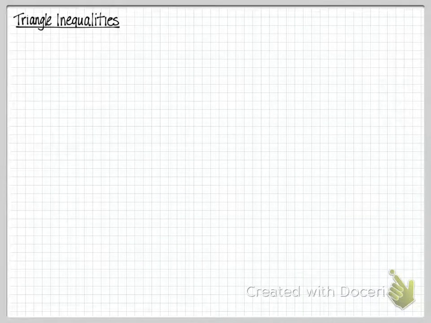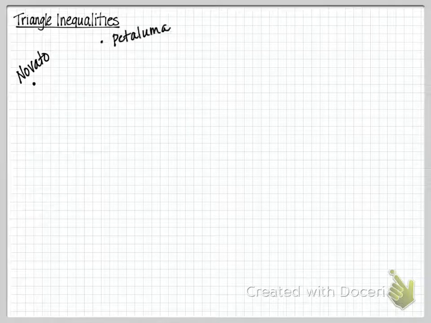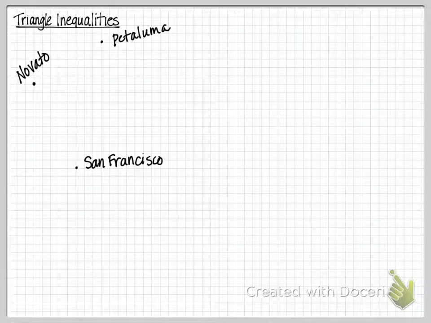So that's our review of inequalities. So now let's look at this idea with triangle inequalities. And we'll do it by looking at an example. We're going to look at three different locations. We're going to think about the town of Novato, and we've got the town of Petaluma, and we have the